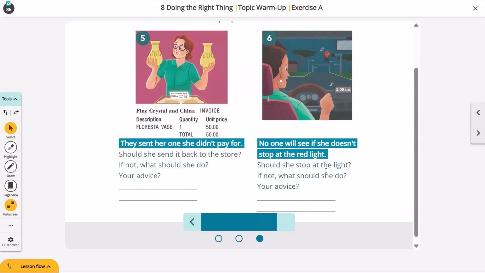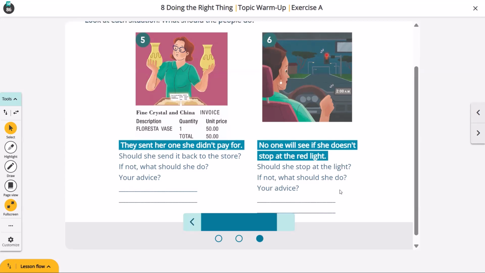Good morning, Miss. I'm here. Good morning, Karen. Okay, with respect to the question, in this case, it depends. In this case, she should stop the light. Ella debería apagar la luz. Mhm. In this case, the light, talking about the red light. Red light is la luz roja. Okay.